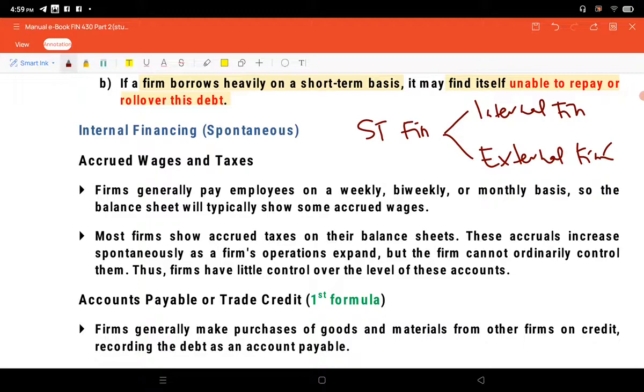Itu adalah contoh external financing. Okay, what about the internal financing? Okay, saya pergi kepada teori sedikit, sekejap saja. Alright, so for the